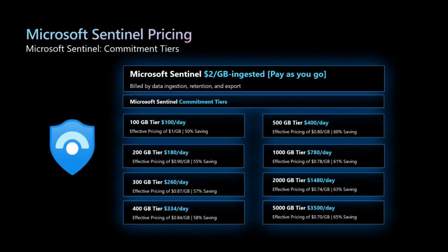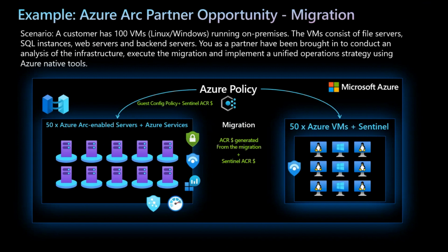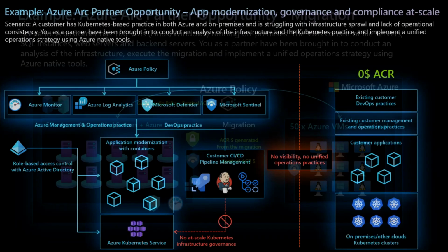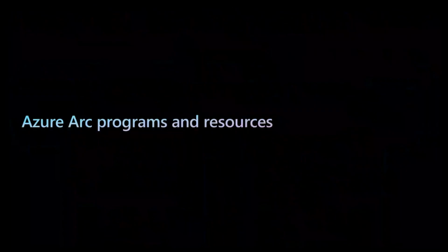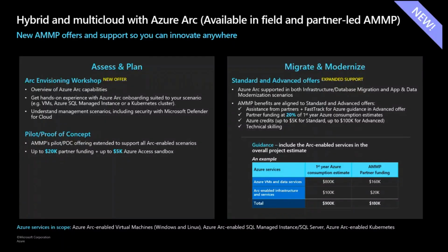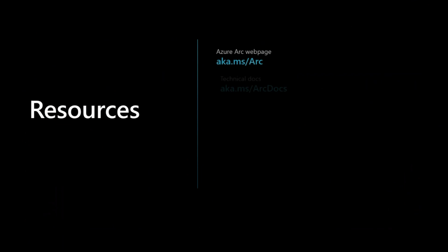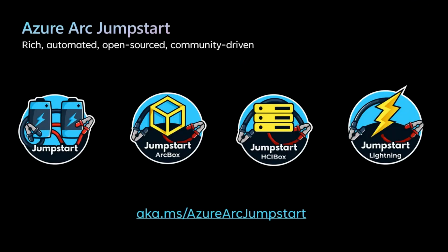Some of the comparison metrics are over here. And then I've added some of the scenarios. I know we don't have time to go through that, but I already covered one of the scenarios in the beginning. When you migrate certain servers or workloads, if you cannot migrate some portion of it, you can Arc-enable that. You can not only generate ACR out of that, but you get great relief in terms of operations, security, and governance for that leftover workload. So that is there. I had about 78 to 80 slides, but some of these are resources that you can refer to if you want to start with Azure Arc and Azure Stack HCI.